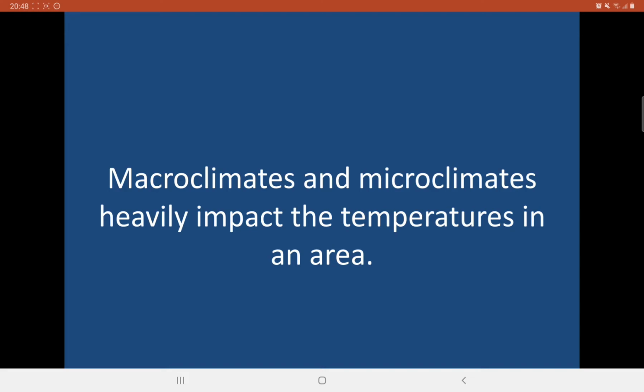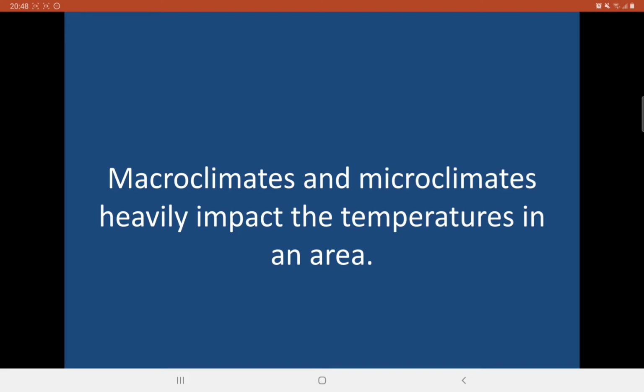So macroclimate refers to conditions over entire places, entire areas. For example, the type of climate we have in the Philippines, the one that alternates between wet and dry seasons, is our macroclimate. By the way, most people believe that we only have two seasons, which are wet and dry. That's just half of it. We actually have four seasons, but we'll discuss that next time. Okay? It's primarily a more distinct separation between our two types of wet seasons and two types of dry seasons. Again, we'll discuss that next time.